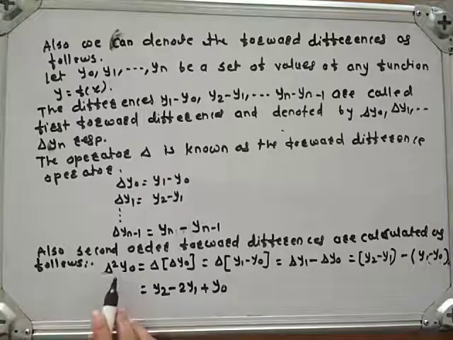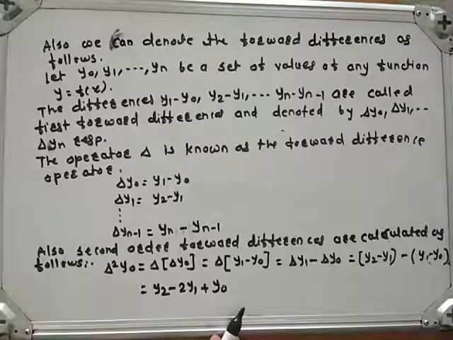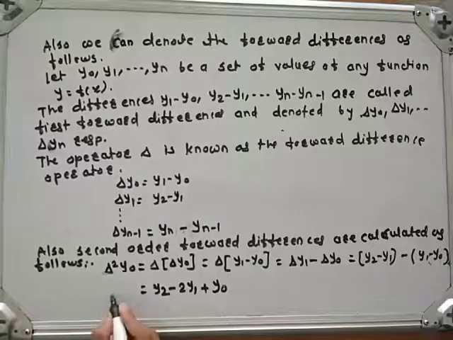Means delta square y0 is equal to y2 minus 2y1 plus y0, and so on,